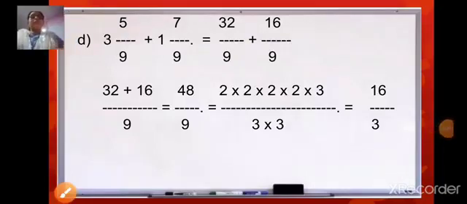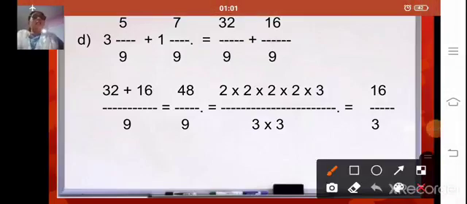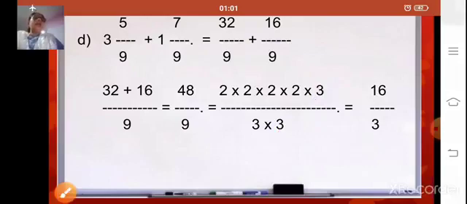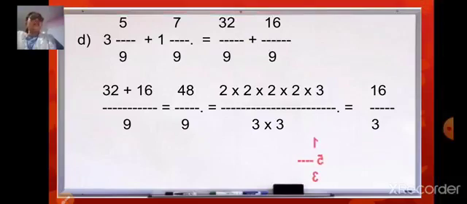Okay, now let us reduce this 48 upon 9 to its lowest term by taking out the prime factors of 48 and 9. Now the prime factor of 48 is 2 into 2 into 2 into 2 into 3, and the prime factor of 9 is 3 into 3. Now just cancel the common factor. So your final answer is 2 into 2 into 2 into 2, that is 16 upon 3. Now 16 upon 3, when you further divide and write it as a mixed number, 16 divided by 3, you will get the answer as 5 whole 1 upon 3.